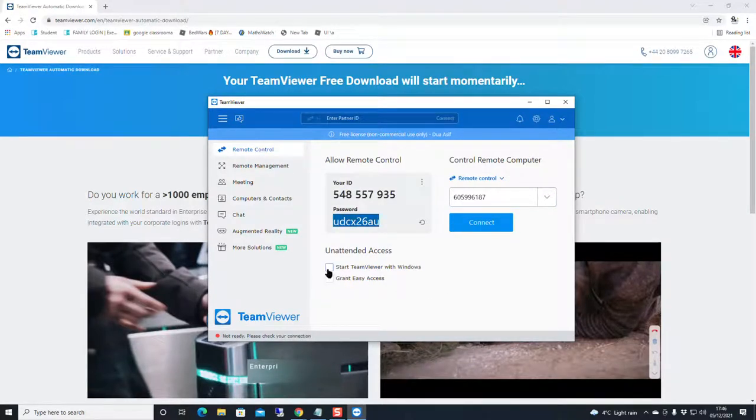Always tick on start TeamViewer with Windows, and you need to take the picture of this section where it says allow remote control, and it will allow us to connect with your computer. Once we have finished working on your computer, you can change the password by pressing this create new random password. It will change the password, and then we cannot connect with your computer unless you send us the new password. This password keeps changing after every few hours or when